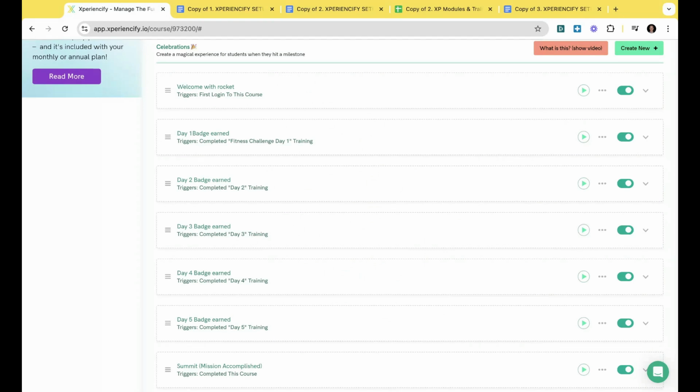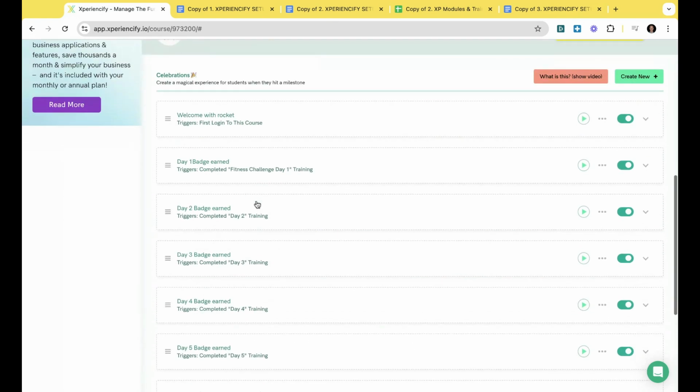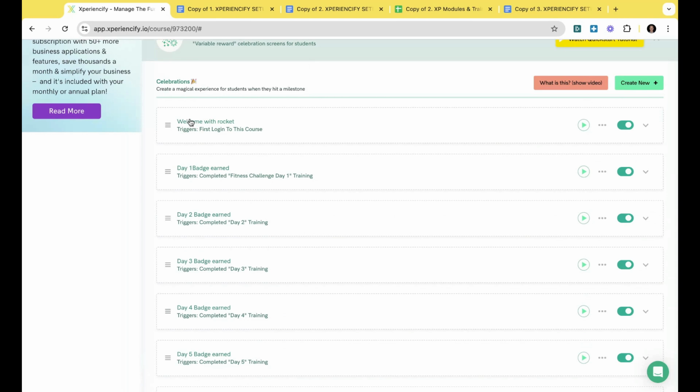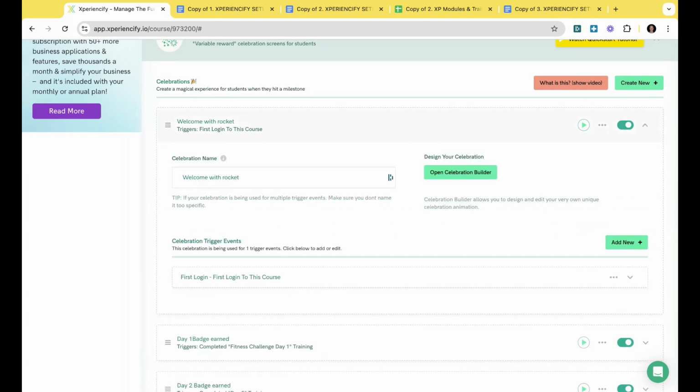And you can decide how many celebrations you'd like to have. You might have one at the beginning, the end, and maybe one in the middle, or one every time somebody earns a badge, as you can see here. Or you want to have an Easter egg, maybe in the middle of module 3 when they give you feedback at the end of training number 3. You could put a celebration so that it's like, wow, that was unexpected, but cool. Wow, that's great, I'm glad I gave feedback. This is where you create those celebrations, and you can click on any of the ones that we have put into the template to edit them.